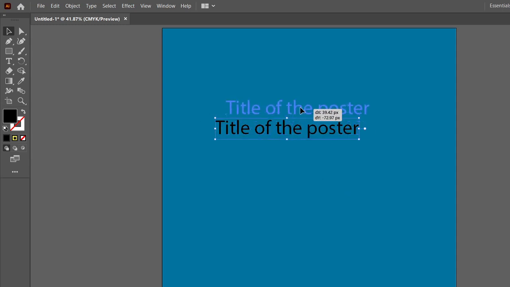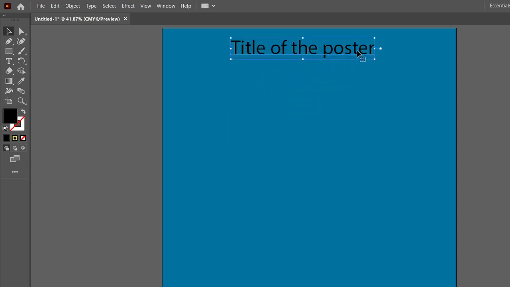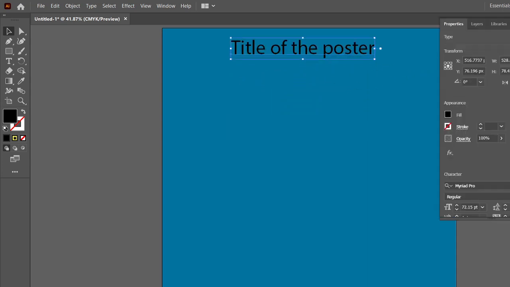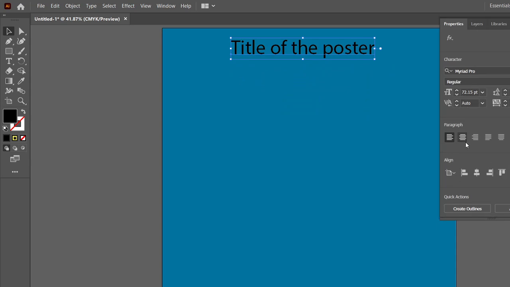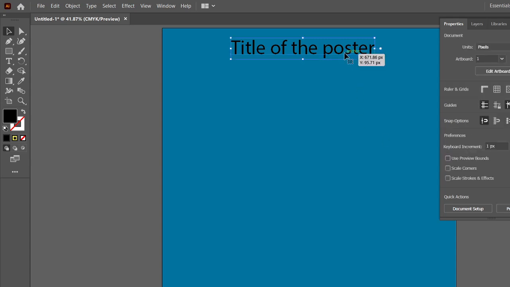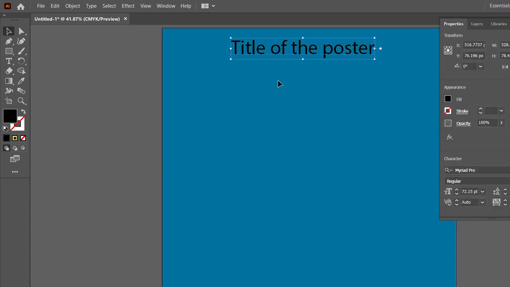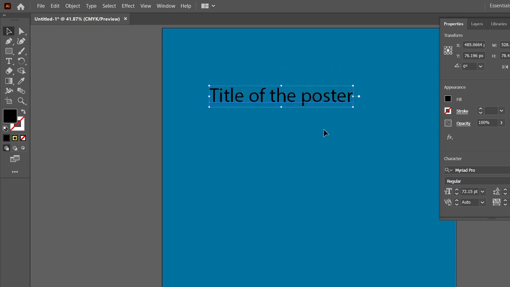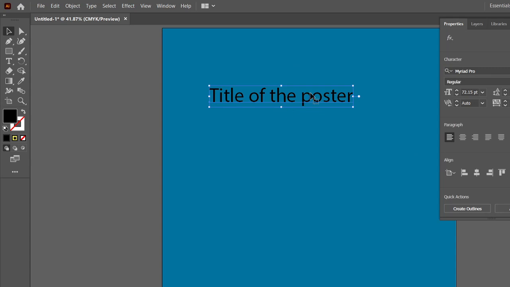Let me shift it here, just click on the button and drag it to the top and the middle, and here is the properties panel. In the properties panel you will find many things, like align left and align center. We are human beings and we are not perfect in everything, so if you want to align to the center and you don't know where the center is, just click on this title of the poster, and here is the align option.